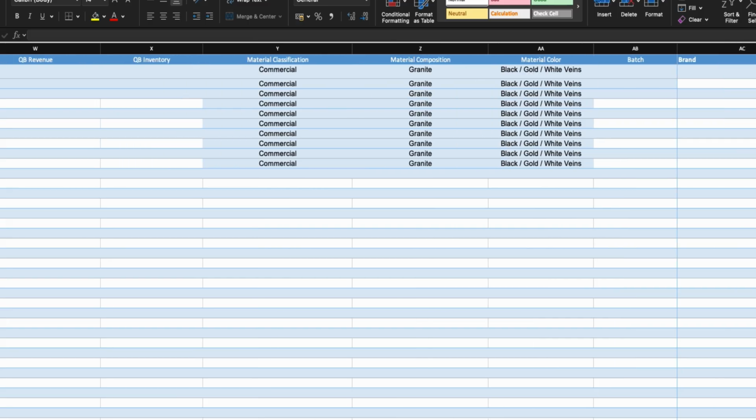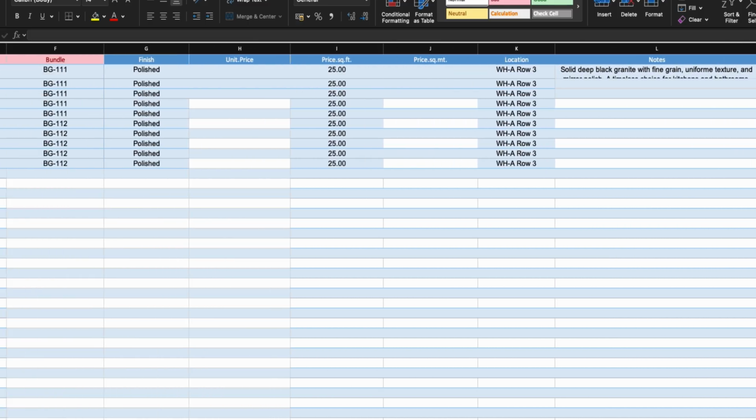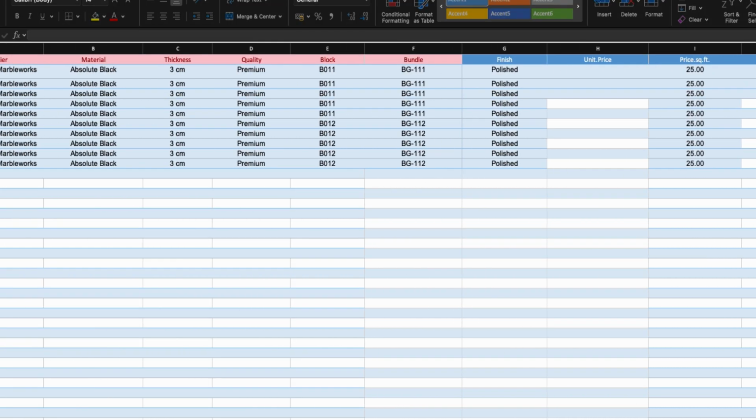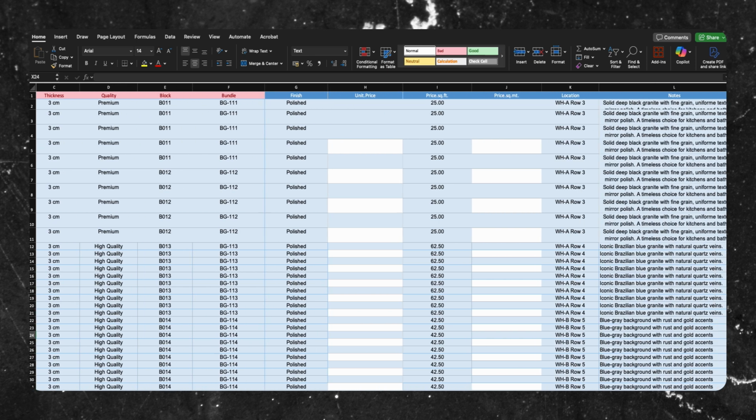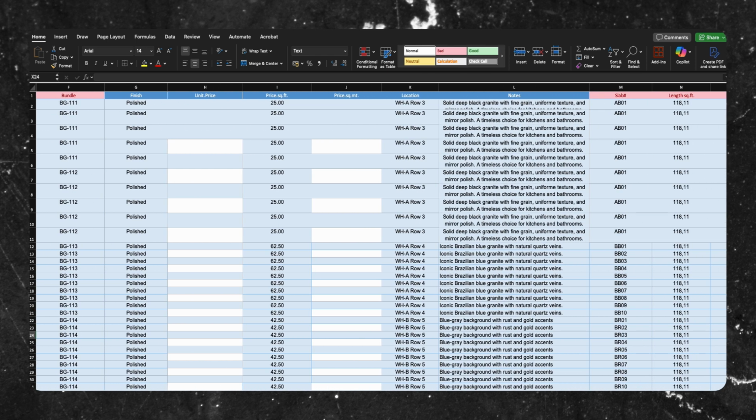In my case, my materials don't have remnants, so I'll enter no. I'm going to finish filling out the spreadsheet with a few more materials, and then I'll come back to show you the results. All done. Everything is filled in. I added 2 more bundles to my list, bundles 13 and 14, each one containing 10